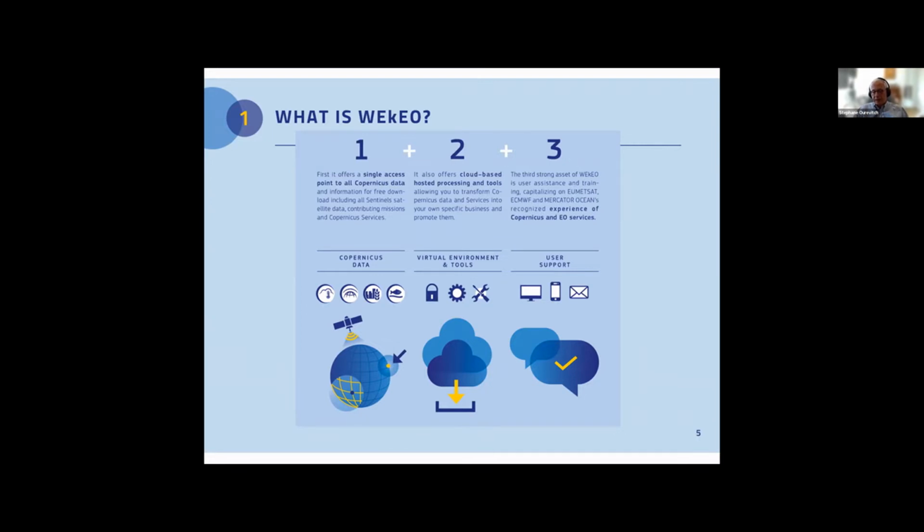Indeed, who better than the European Environment Agency, for instance, who's responsible for developing the Copernicus Land Monitoring Service, better placed than them to support users when it comes to questions relating to the data and the information that is available within the Copernicus Land Monitoring Service, which we usually refer to as CLMS.